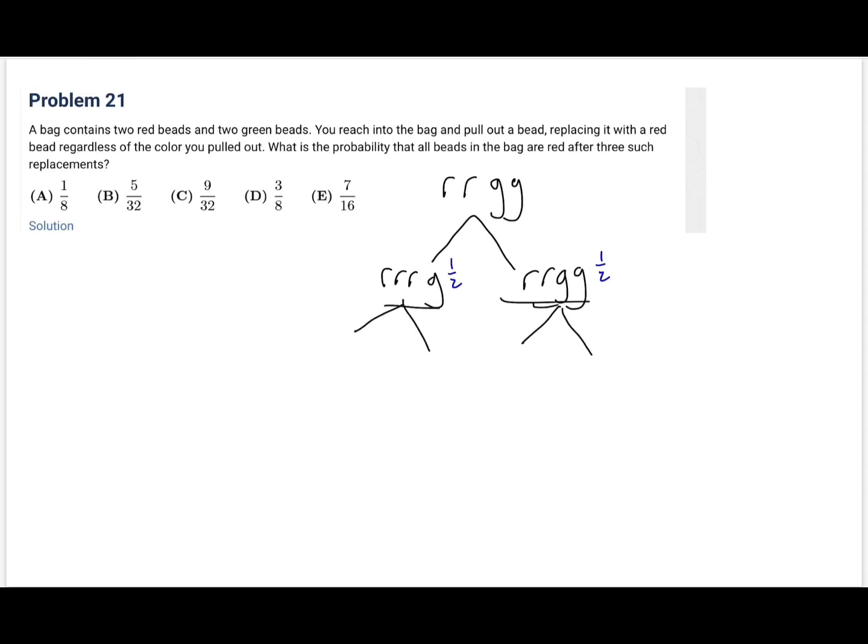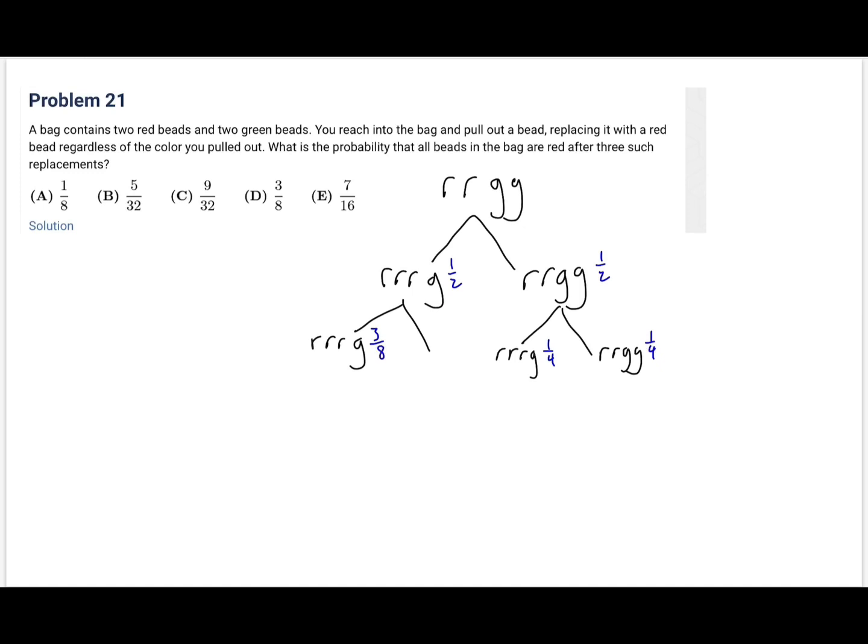This would be the same thing here. So red, red, red, green, red, red, green, green. So this is 1/2, 1/2, right? But then we have to multiply it to here. So this is 1 over 4, 1 over 4. And then this one, 3/4 of the time it would get a red. So it will be red, red, red, green, 3/4 of the time, multiplied by 1/2, so this is 3 over 8, and